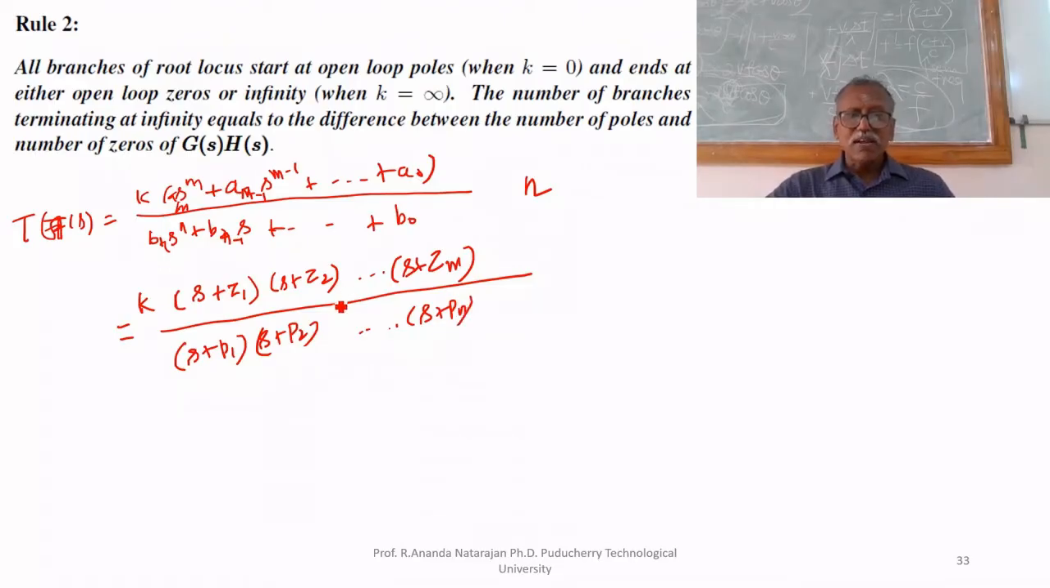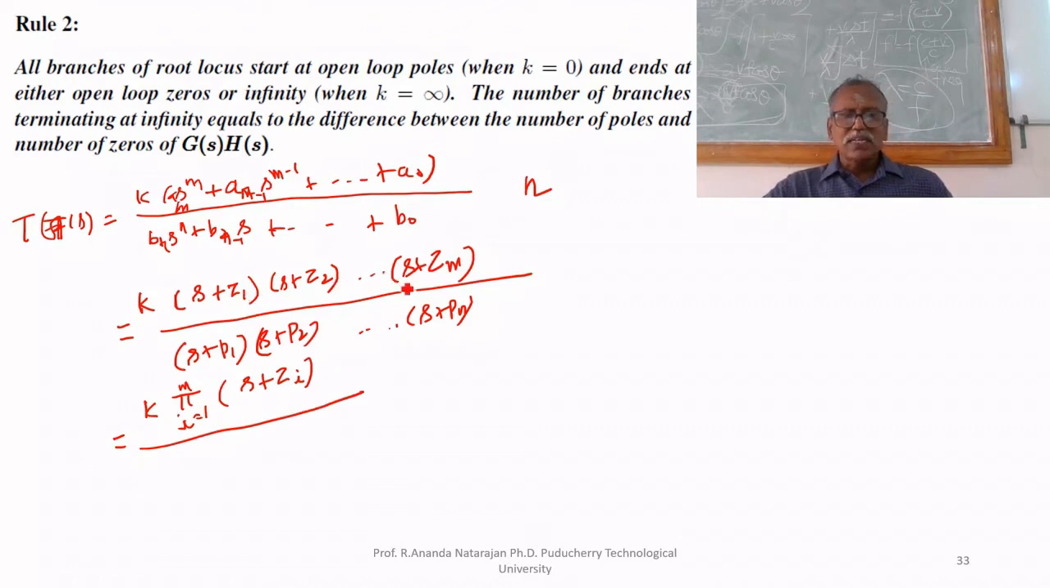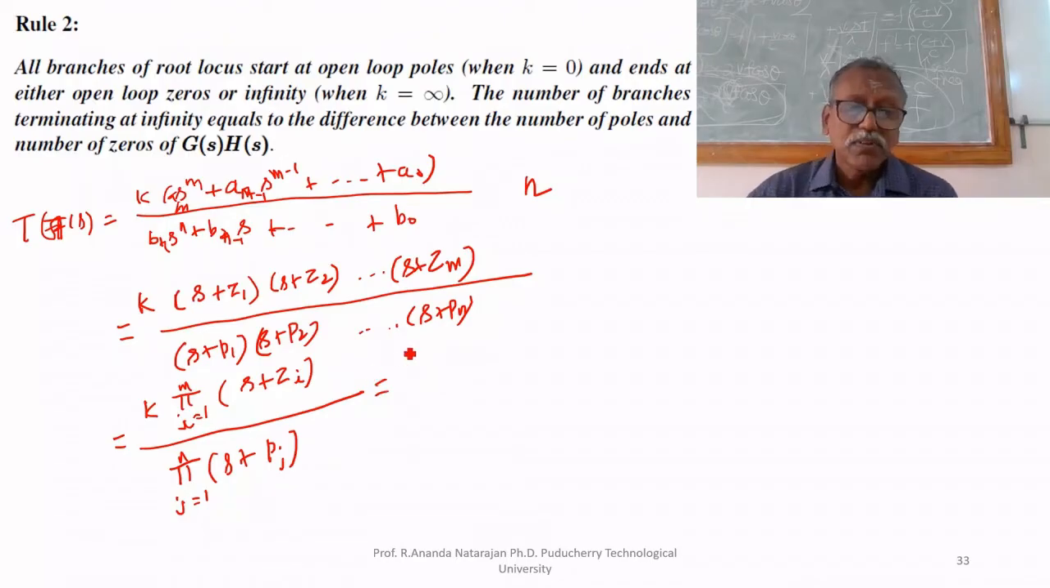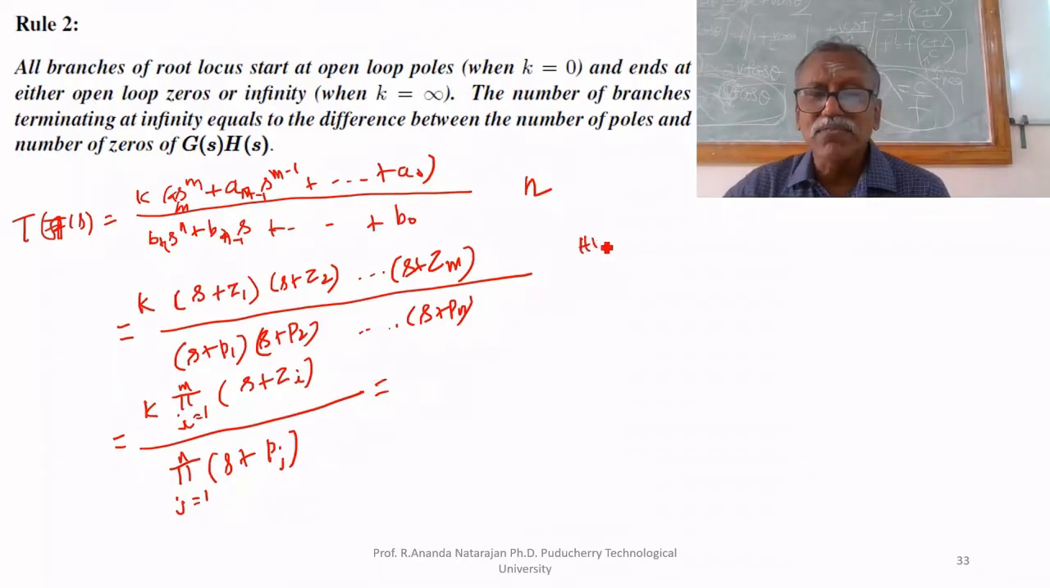The closed loop transfer function can be factorized like this. It can be written as K multiplied by product of I equal to 1 to M, S plus Zi. Like that. This Z1, Z2, Zm, the zeros can be like this. The denominator can be written as product of J equal to 1 to N, S plus Pj. Like that we can write. We know that for a unity feedback system H of S equal to 1. Therefore,